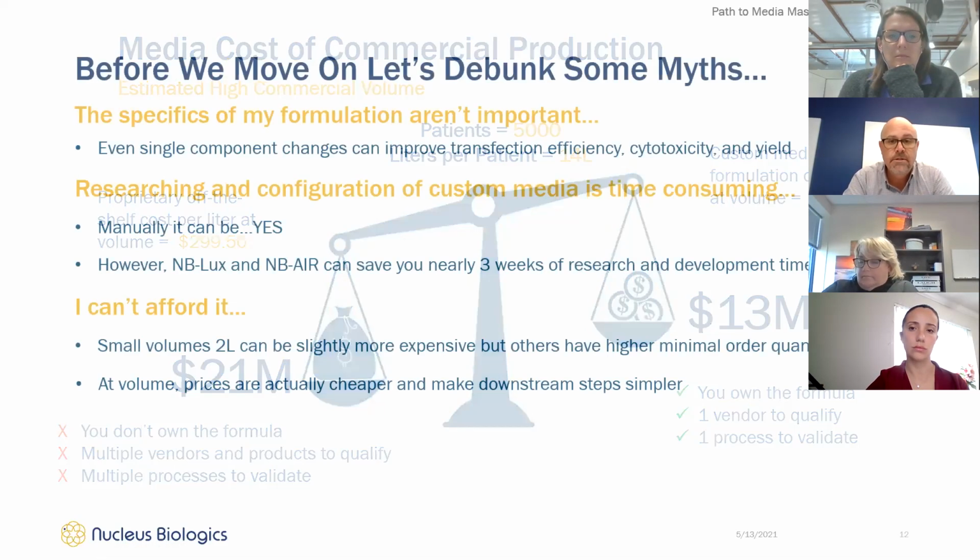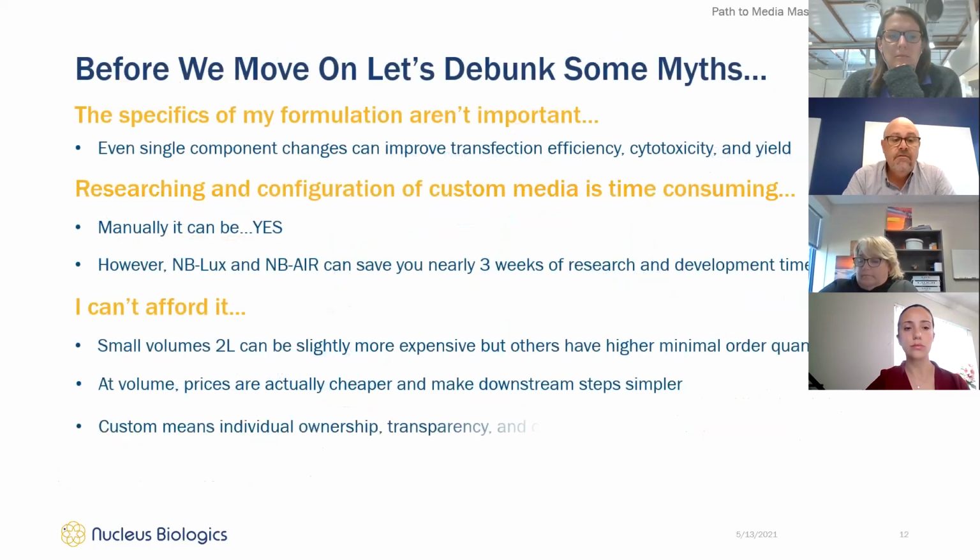We'll go to the next slide, please, Rachel. And then finally, I mentioned ownership there. That's a very, very important aspect. Ownership, transparency, and then the consistency of supply. Such a huge issue right now in our industry. If you look at the next slide,